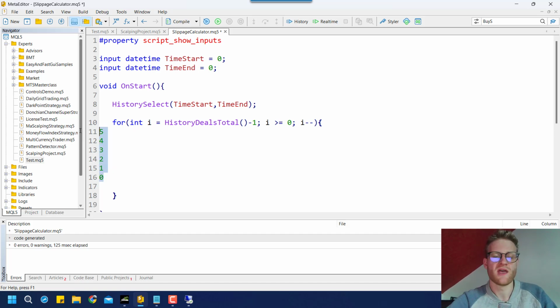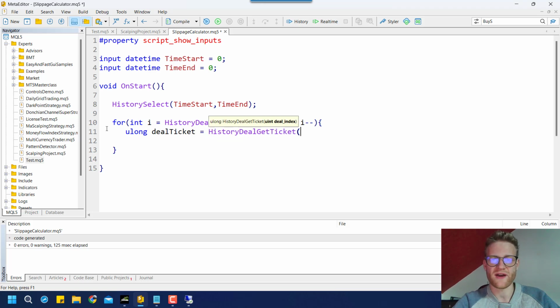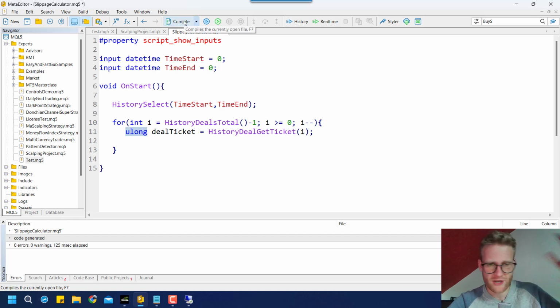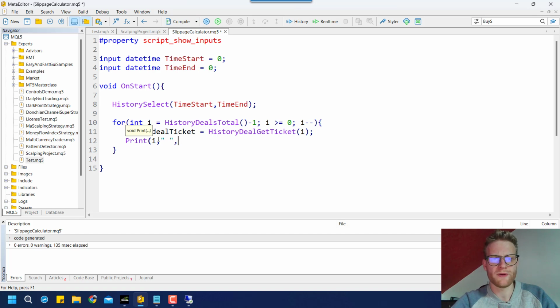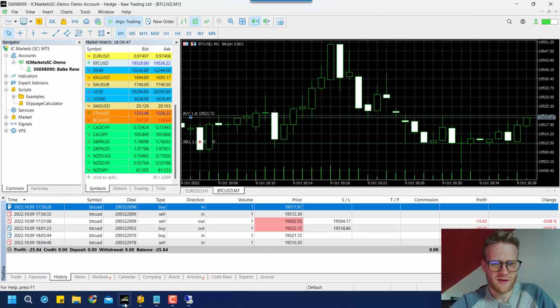Why do we do all this? We do all this because now we want to get the deal tickets. So we can say deal ticket is equal to history deal get ticket, and there's a function that requires a deal index as a parameter and then returns the deal ticket as an unsigned long number, pretty much just as a number. So if we print everything in this loop,